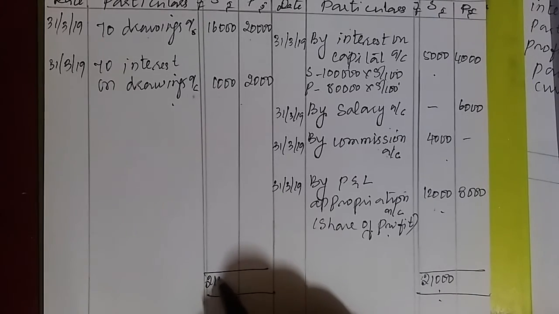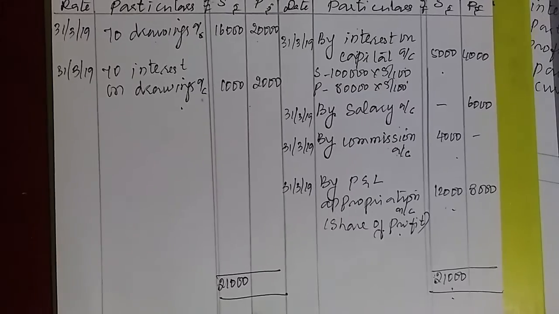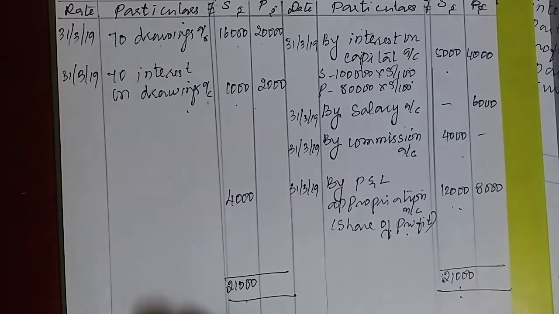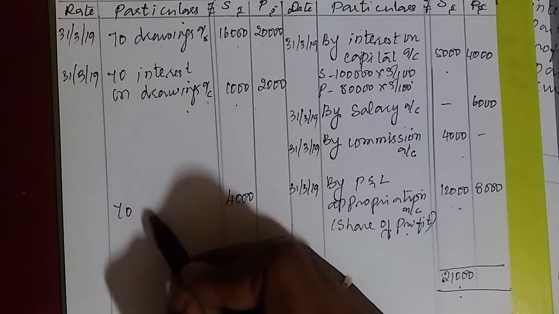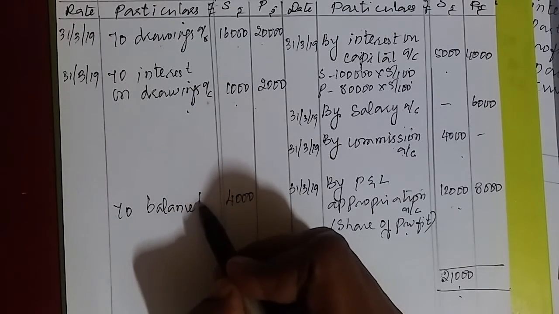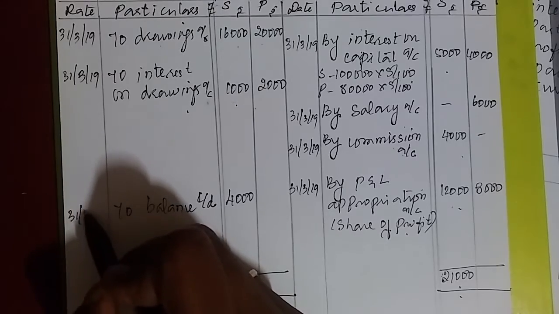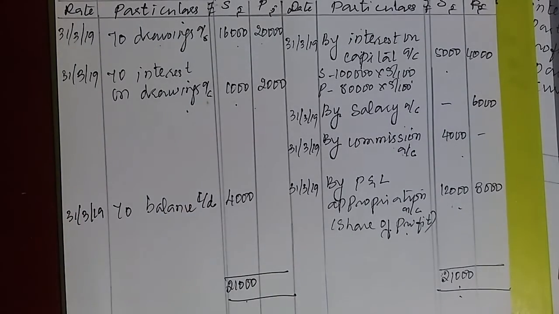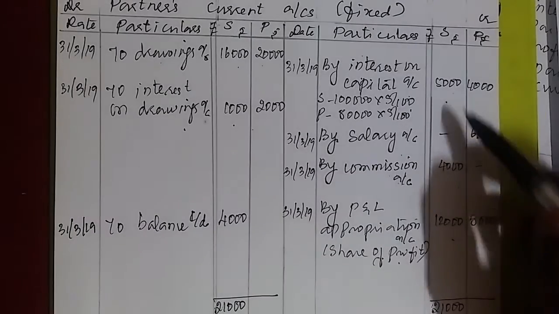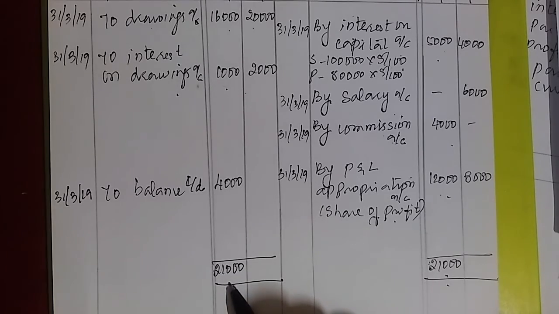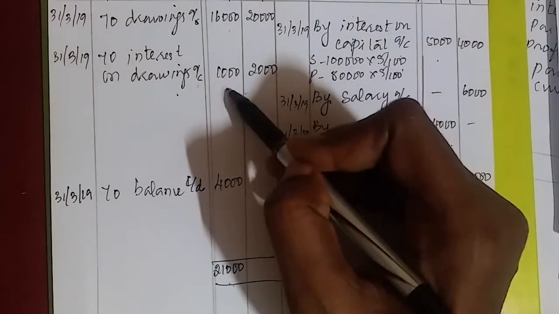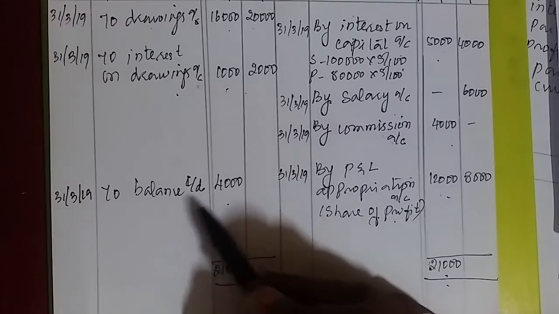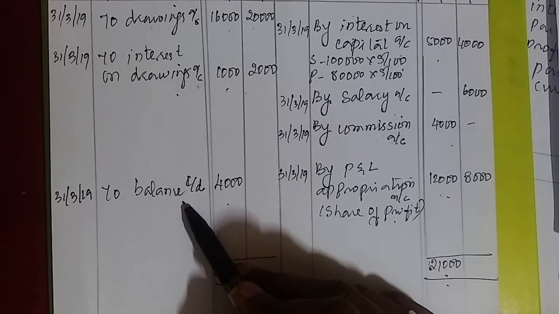The same total I will write here on debit. From this I deduct 16,000 and 1,000, 17,000. If I deduct, I will get balance of what? 4,000. This balance should be written here as balance carry down on 31/3. Is it clear? Here on the credit side, Sachin's total is more. How much? 21,000. Same total I have written on the debit side. From this I have deducted these two. I get the balance of 4,000. I have written that balance as balance carry down.